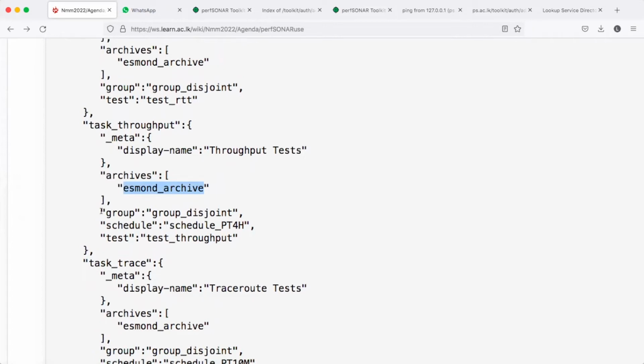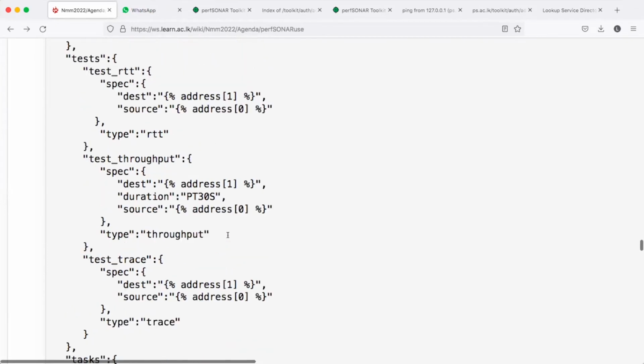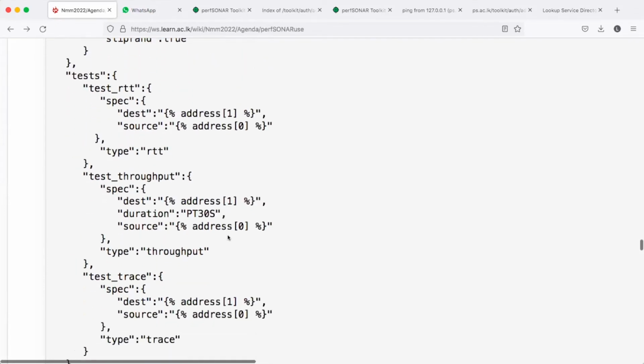And the group will also be disjoint because it's the only group we created, and it will be run in this schedule, right? And the test will be the test throughput that we created above, right? Test throughput, where is it here,